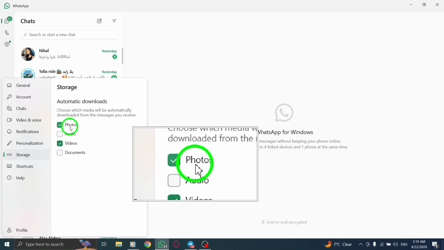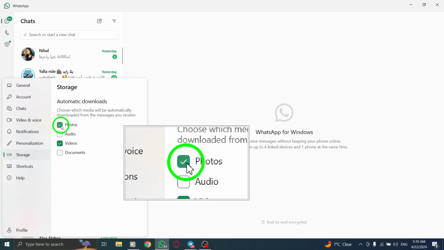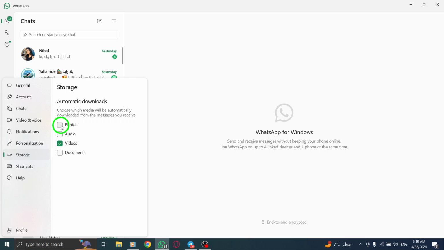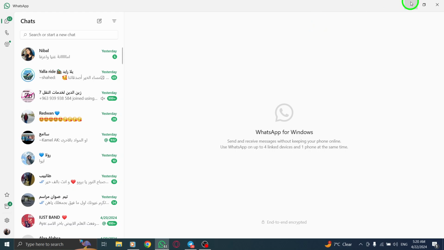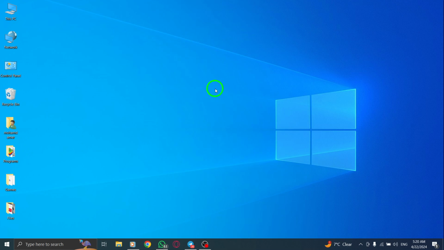Now, locate the box labeled Photos and uncheck it. By doing this, you will disable the automatic download of photos on WhatsApp when using it on your PC. By following these steps, you can effectively manage your photo auto-download settings on WhatsApp and tailor your experience to suit